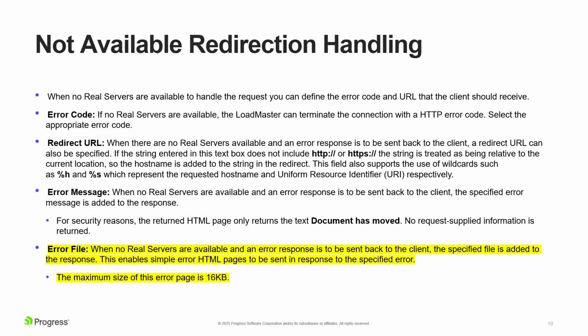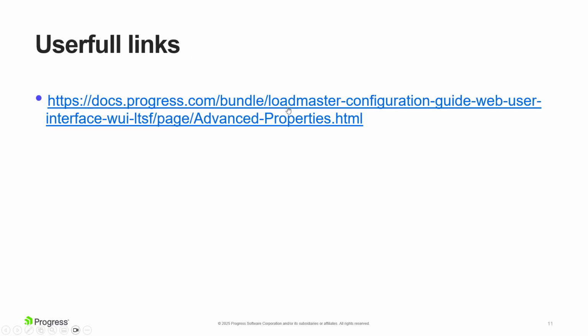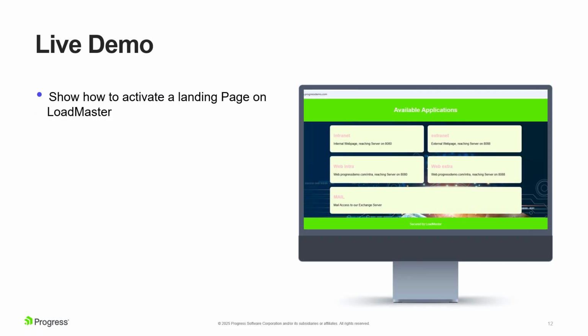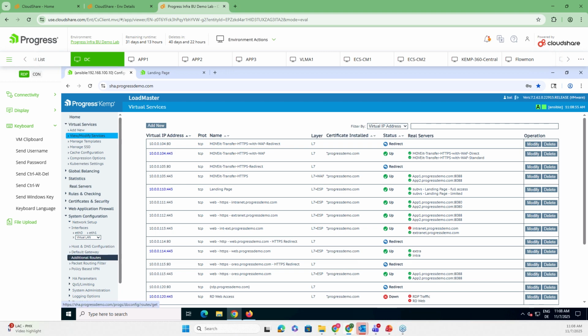Right, so now how can we do that on the LoadMaster? There's one functionality called not available redirect handling. This is a function I normally only use for creating HTTP to HTTPS redirects or to send an error message saying, hey, you reached the service or the subservice. So you can create a simple web page with an error code. Pretty cool for troubleshooting purposes. But